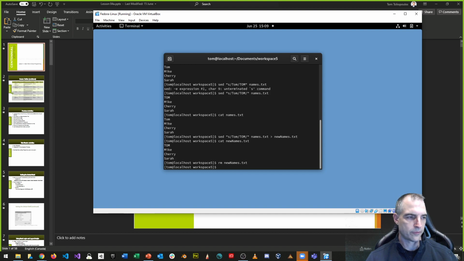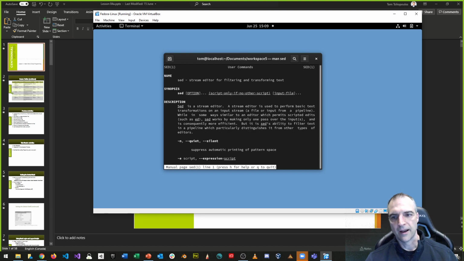So sed is really, really powerful. You can do a lot of stuff with sed, and if we did a man sed, it's the stream editor, and that's what it does. It actually is another way. The two commands I'm talking about now are filters. That's what they are. They take your input, they filter it in some way, and they spit out something else, or they return data, similar to finding something or a search pattern. Now, you can use different kinds of search criteria. You can use regular expressions here if you want, or you can use the syntax I just showed you. There are a ton of ways of using the sed command, so there's no way that I can cover all of them today. But basically,